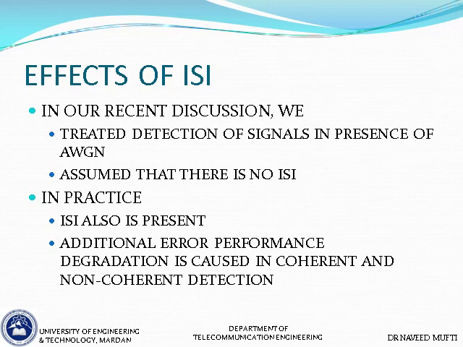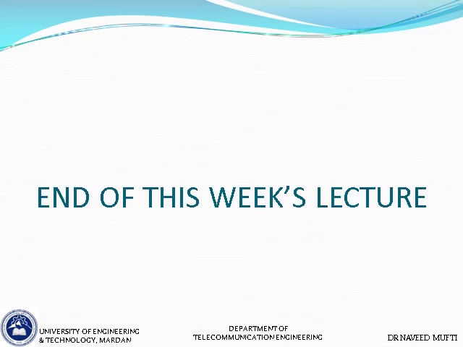So when ISI is present, we will have additional error performance degradation, and that degradation can come in both coherent and non-coherent detection schemes. So what you have to remember is that when we include both noise and ISI, we will have an even further degraded error performance. That is a subject of research, and